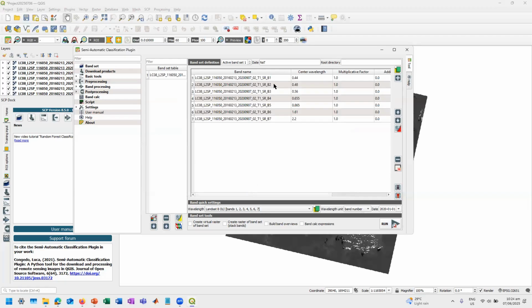Okay, so this is band 1, 2, 3, 4, 5, 6, 7. Okay. And wavelength unit is in micrometer. Ito ngayon siya ngayon. Okay. Then click run.